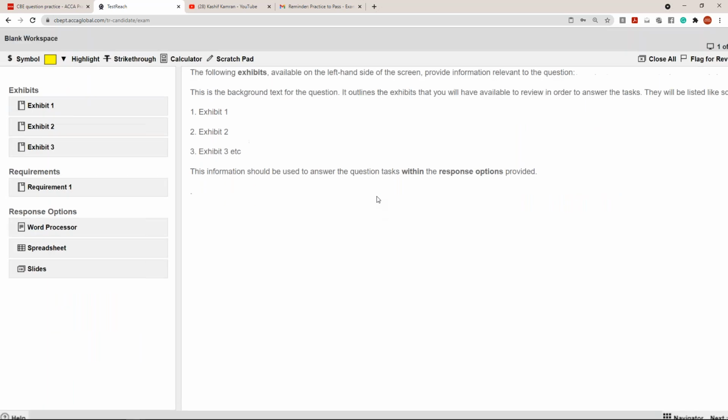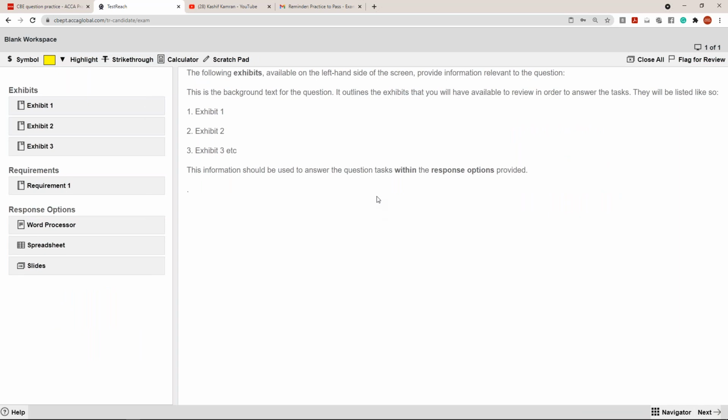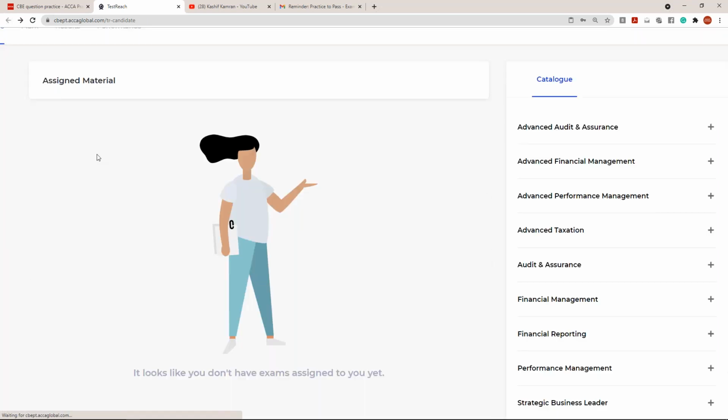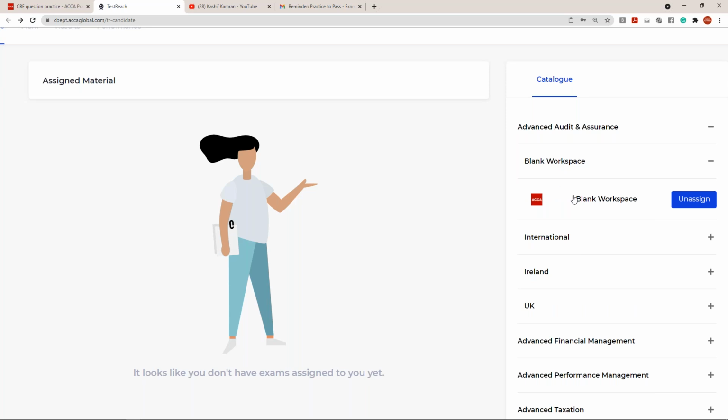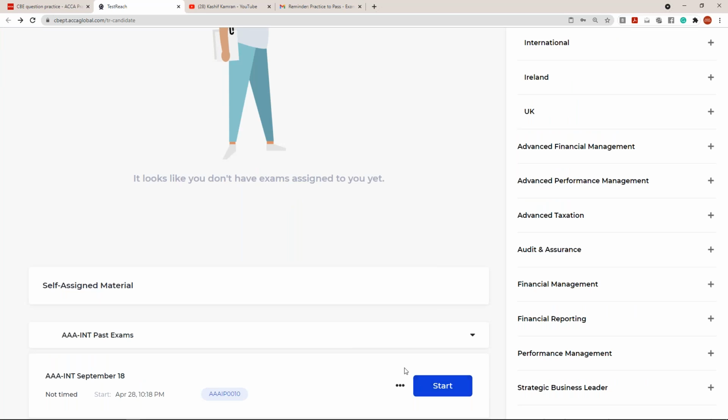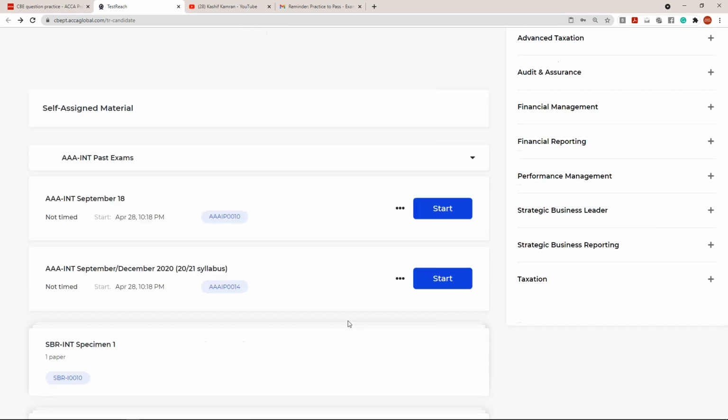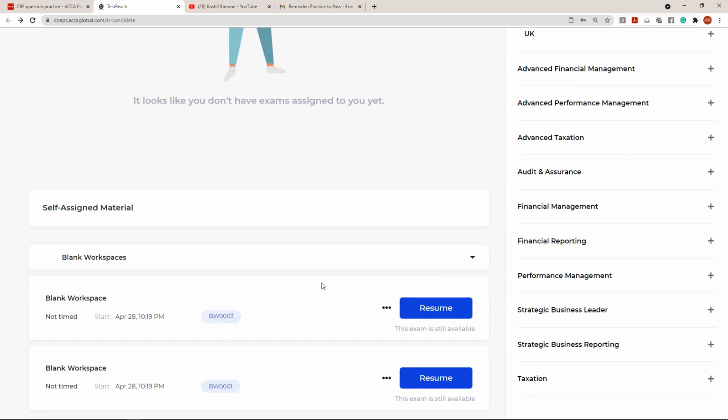Right now, this is a blank workspace in front of your screen. I guided you about this interface yesterday. I hope you're all familiar with it. Do you all know this workspace? Did we get an idea yesterday of how to use the highlight option, the calculator, the scratch pad and everything? This is just a dummy workspace. Now, why are we using the dummy workspace? Because we want to use the, sorry, just give me 1 minute. I've opened the wrong workspace. I need to open the AAA workspace. Okay, I'm clicking on the blank workspace, going to my left assigned options and resuming the blank workspace here. Just give me 1 minute.